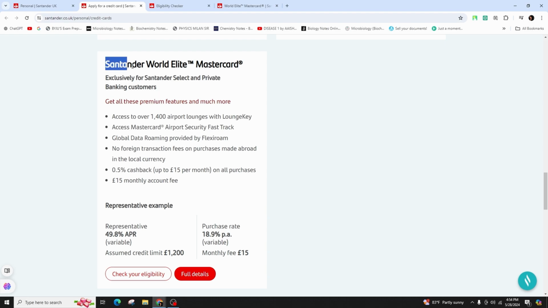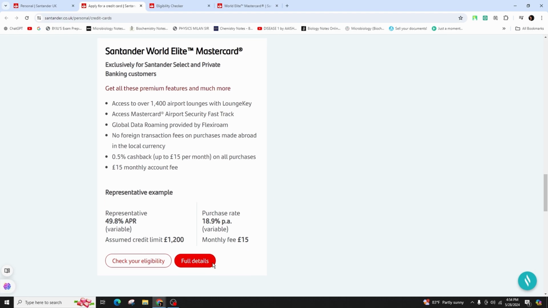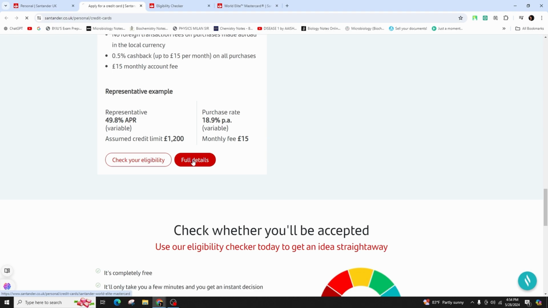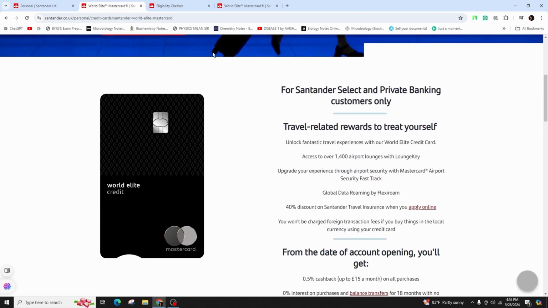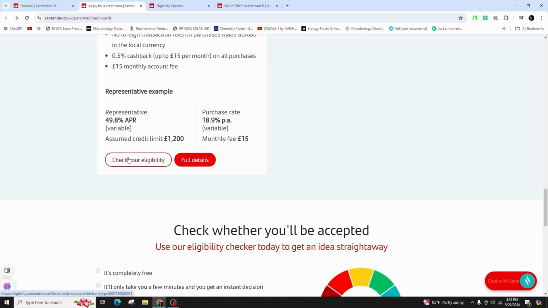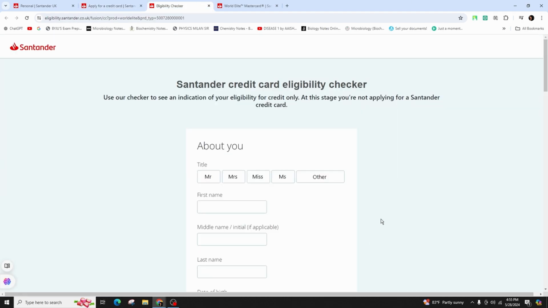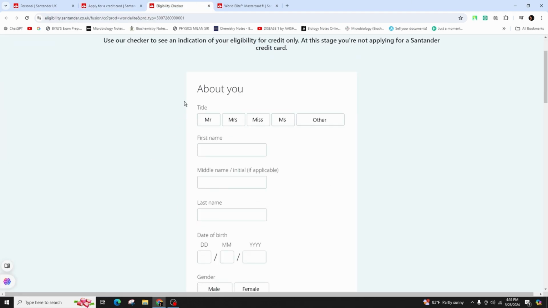So now let's go for the Santander World Elite MasterCard. If you'd like to see the full details, simply click on the full details option over here. And now from here you can view the World Elite card. If you would like to check for eligibility, you can simply go ahead and click on this option over here. It will take you to a page like this, where you have to enter your correct information about